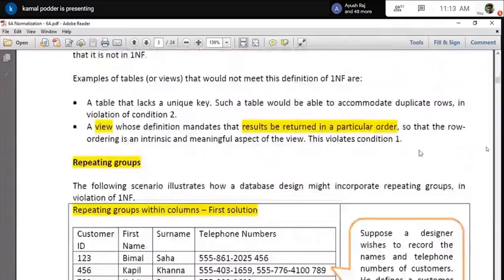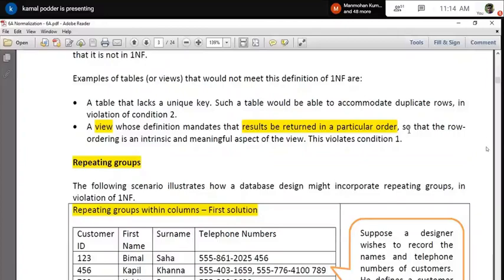Okay. Now with the help of an example, we'll see that if there is a repeated value, how should I keep it so that we can obey the first normal form. It is saying that we should not keep repeated information in a single column, or multiple information distributed in it. What are the different types of problems that can occur, and how to resolve that?